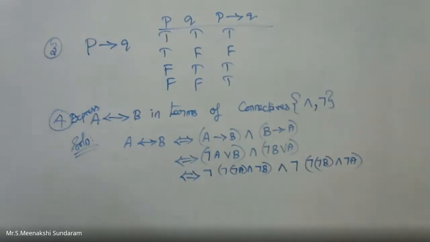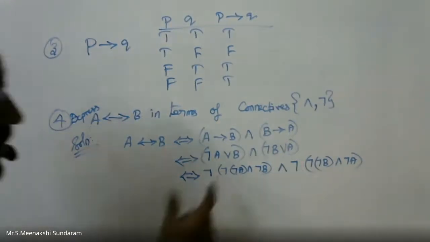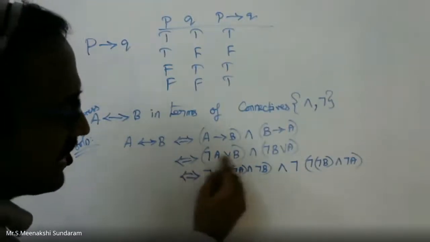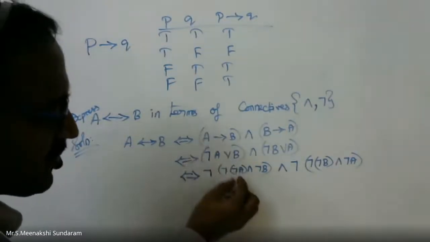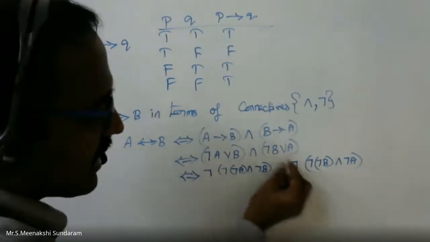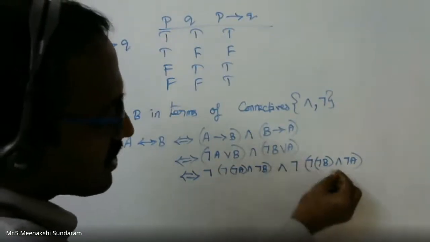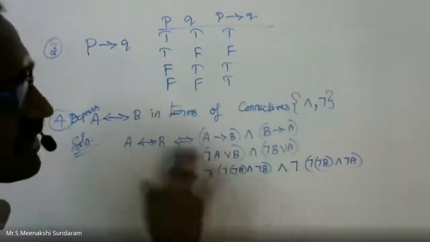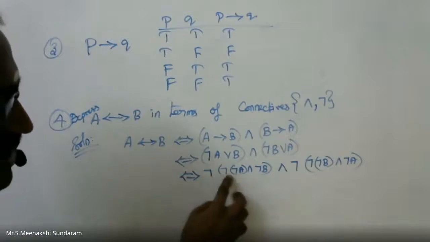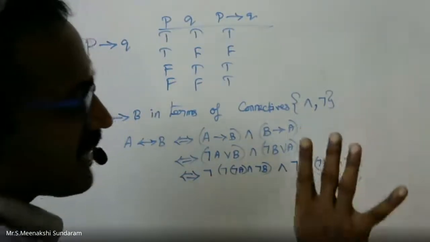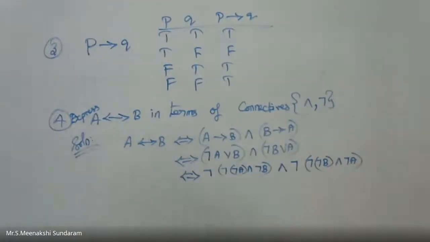If anybody has a doubt? Using De Morgan's law, negation outside, inside you take the negation of the first term, negation of the second term, and change disjunction to conjunction. Negation of the first term, conjunction, negation of the second term. Now the output is only conjunction and negation, no other connective. Everything is a negation and conjunction. Are we clear?